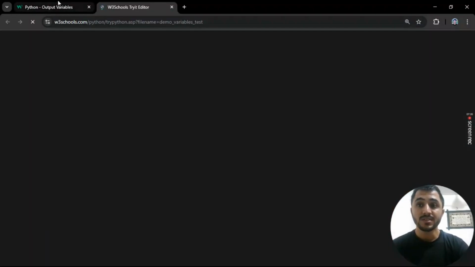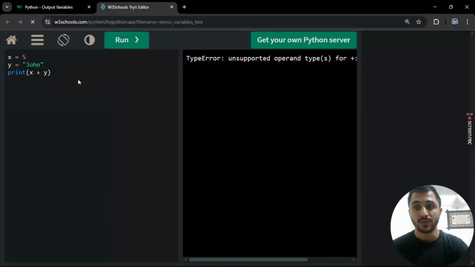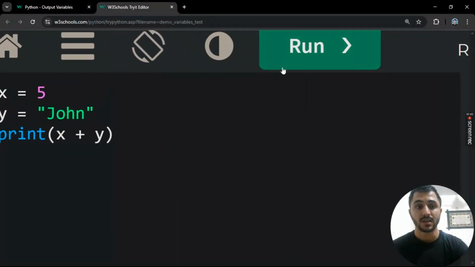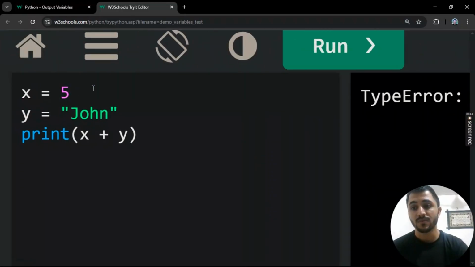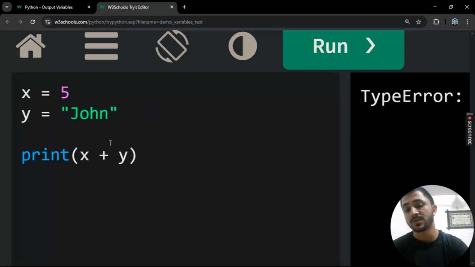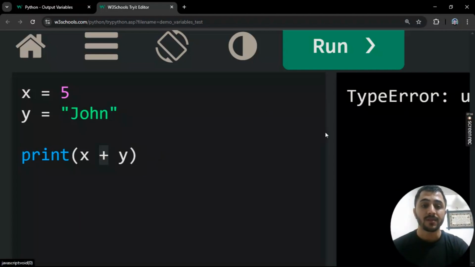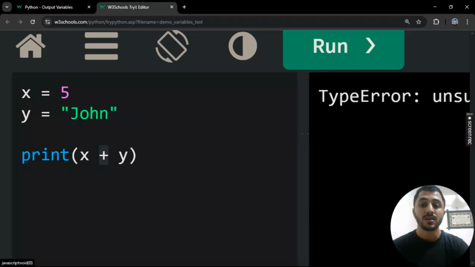So it is a bad practice if you are adding a variable which contains a number and a variable which contains a string. If you use a plus operator to merge them, it will throw an error in your Python program, because only a string can be added with a string,